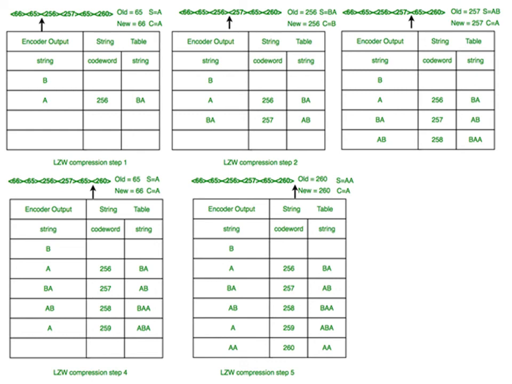Then my next output sequence is 256. Referring to the same previous code table, I will find that 256 was coded for the pattern BA. So in my output, after A, I will write BA. Then the next output sequence is 257. If I refer to the previous code table, 257 was the code word stored for the pattern AB. So in my output, after BA, I will write AB.